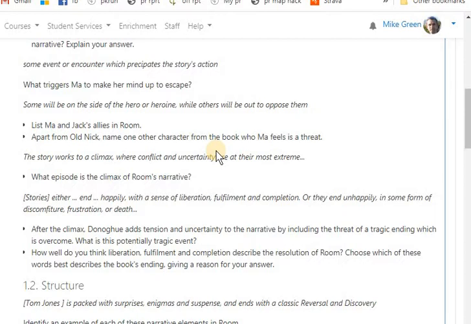So I want you to look back in the story and pin down exactly why it is now that Ma decides that they have to escape. Okay, so what is that trigger? Why doesn't this kind of limbo state continue indefinitely? Once we've got that precipitating trigger,